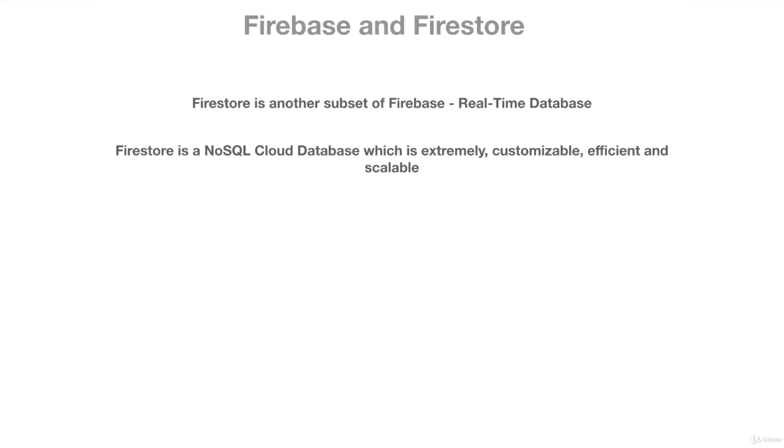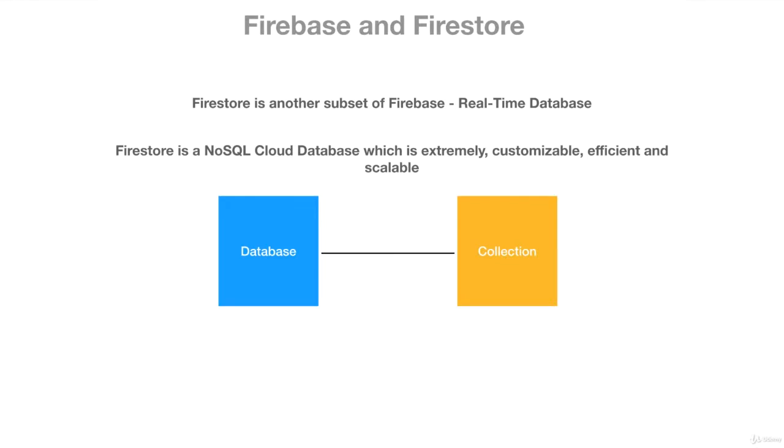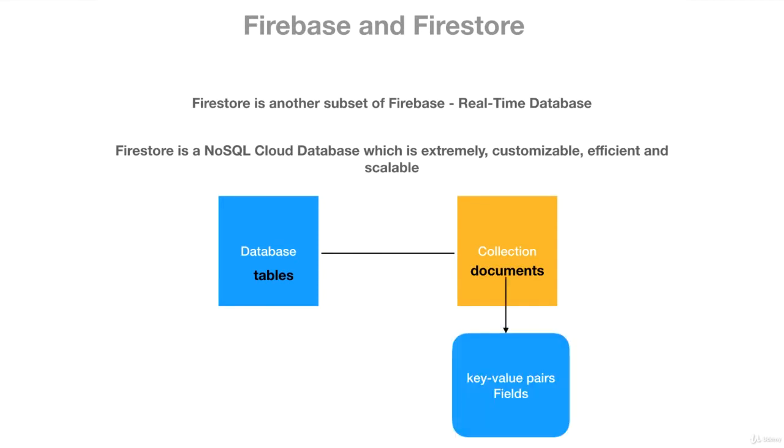Now, when we use a NoSQL, as the name implies, we don't need to predefine the structure of our database. In fact, NoSQL gets rid of the entire structure that we come to know as database. With NoSQL, what we call database, we call collection in Firestore. So in a database, we have tables. In collections, we have what we call documents. Now, a document essentially allows us to add key value pair fields. Now, this resembles JSON, and there's a reason for that, because it's easier to manipulate, it's easier to query, and